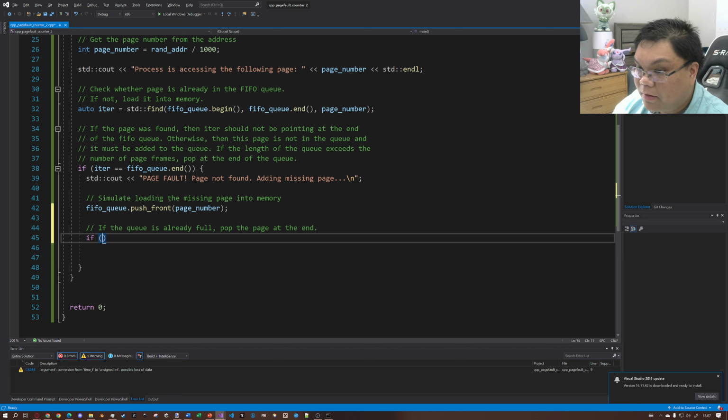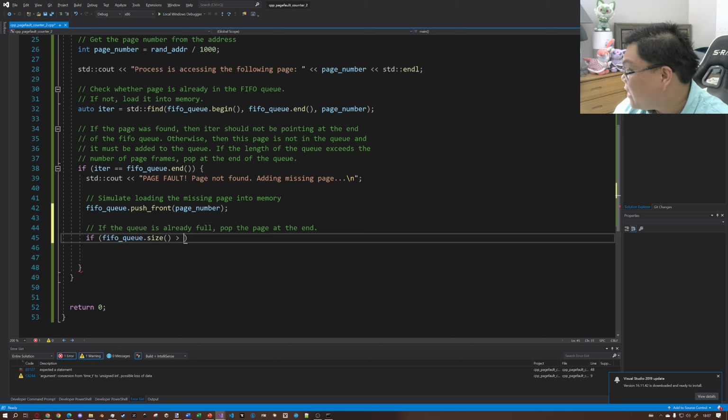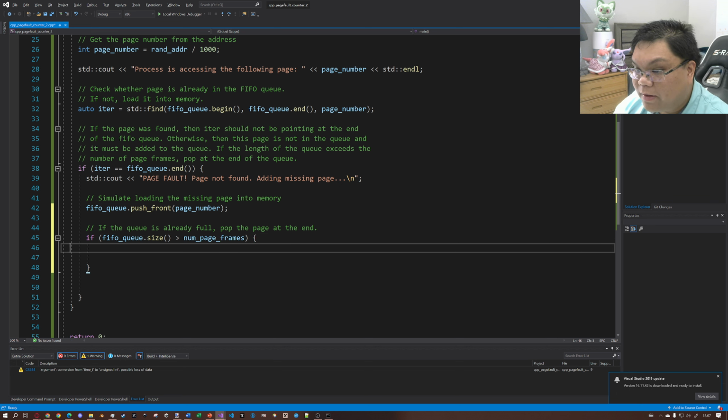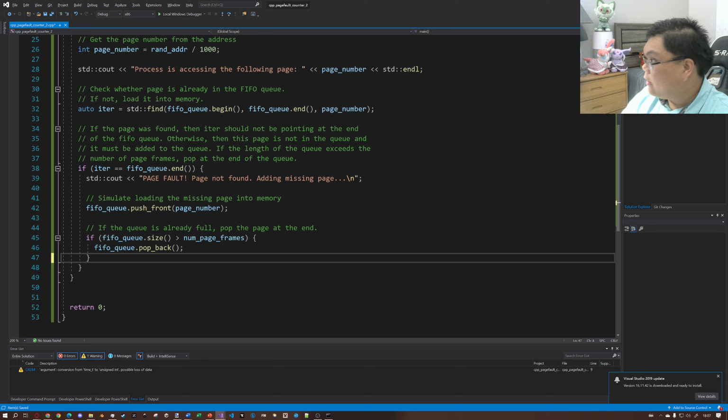So if FIFO.size is less than number of page frames, then all I have to do is pop the page that's at the back of the queue. And that's it. So now when we run this program,